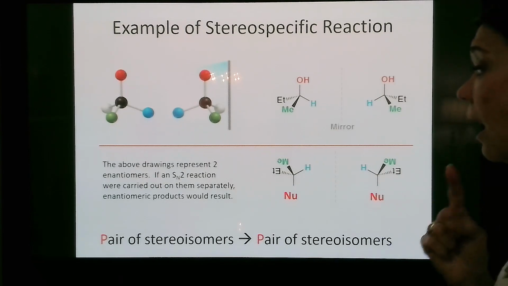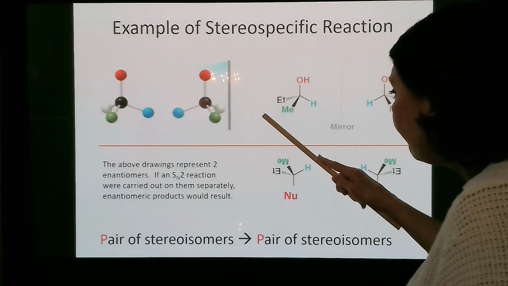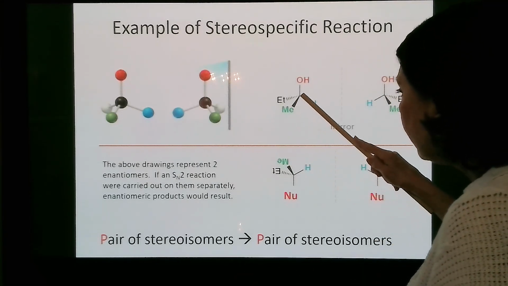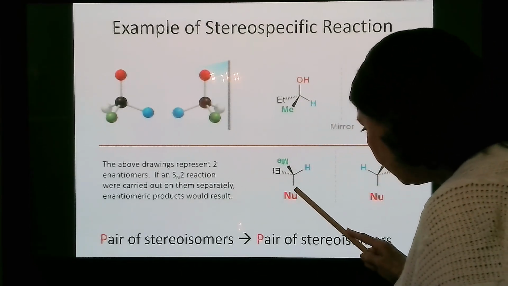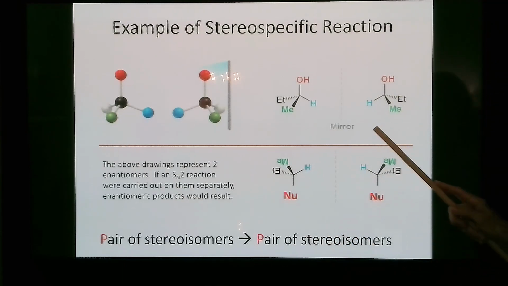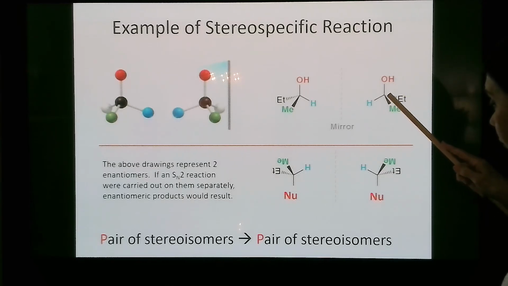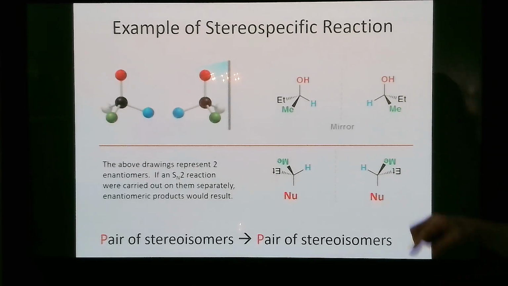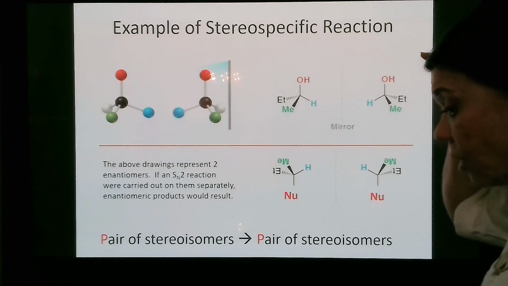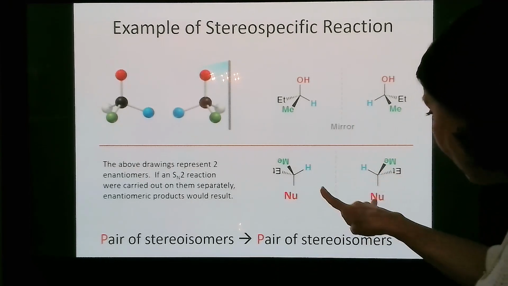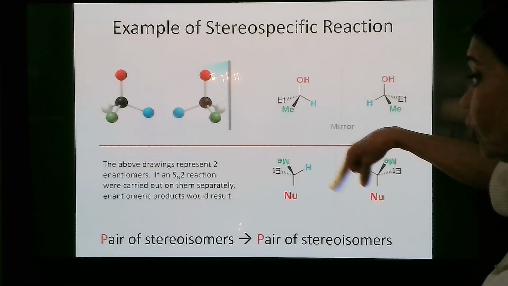Now, if you have a nucleophile come in and do a backside attack, an SN2 reaction on this one, you'll get that product. If you have a nucleophile come in and do a backside attack on this molecule, you'll get that product. And so you can see, here you have a pair of reactants, and if they undergo the same reaction, you will have a pair of products, which are mirror images. This reaction demonstrates